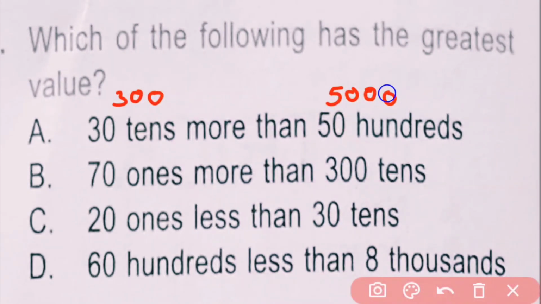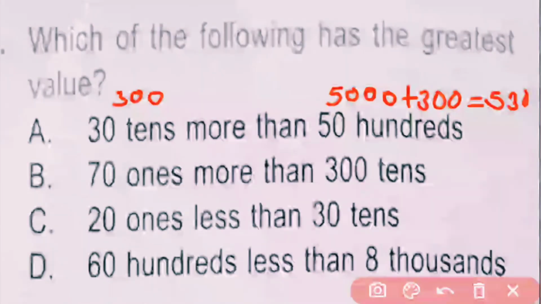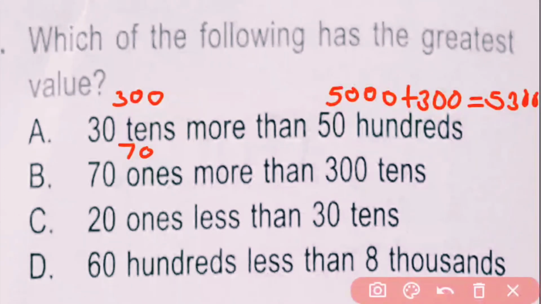And 5000 more than means 5000 plus 300, which gives 5300. Option B, 70 ones more than 300 tens. Here 70 ones means 70 into 1, which gives 70, and 300 tens means 300 into 10, which gives 3000, and 3000 plus 70 is equal to